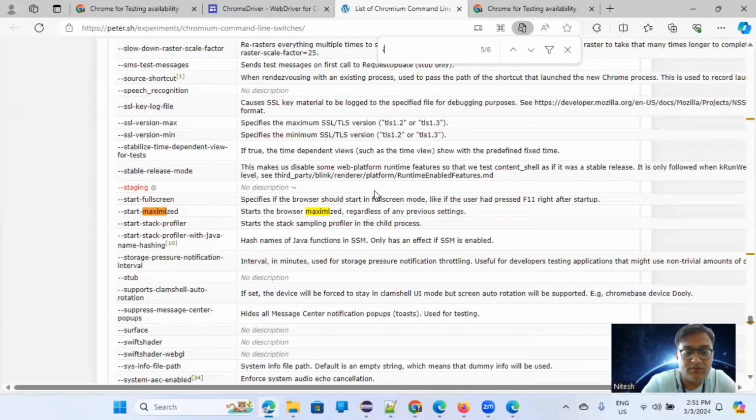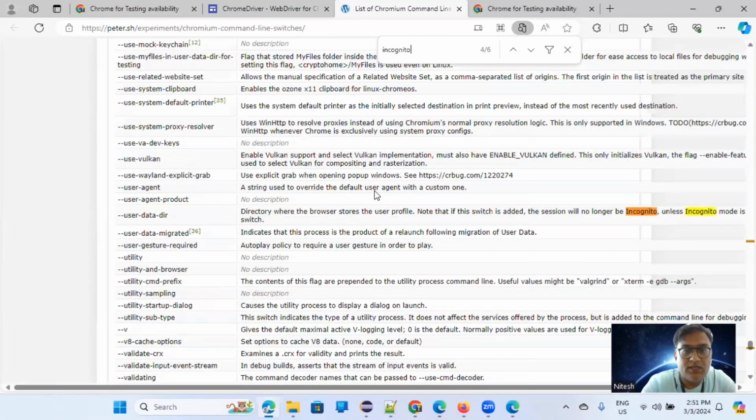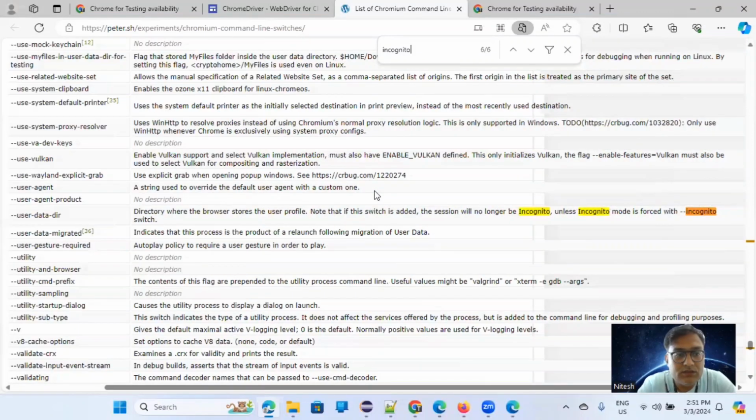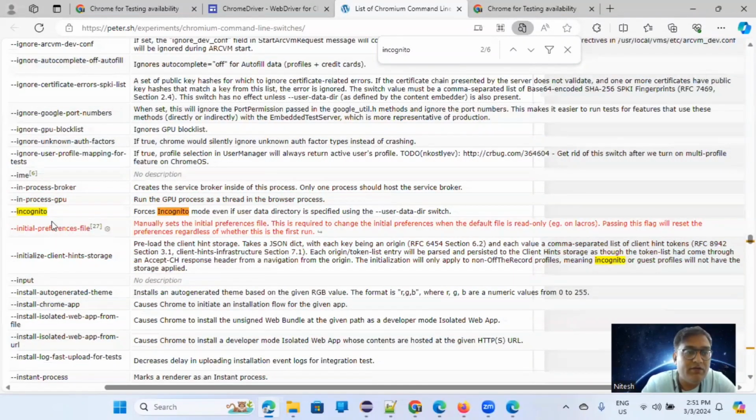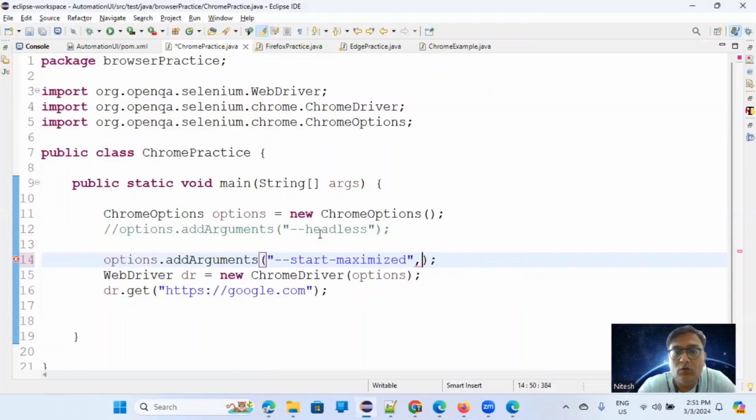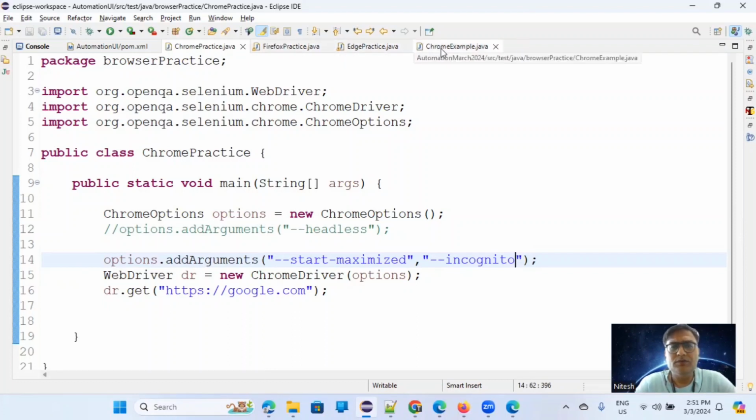What is the syntax of it? Let me see this. Yeah, hyphen hyphen incognito itself. So it will open your browser in incognito mode. Hyphen hyphen incognito. Great. Let me copy the code